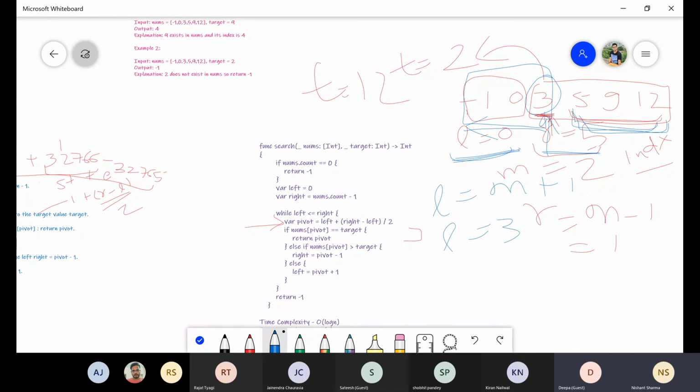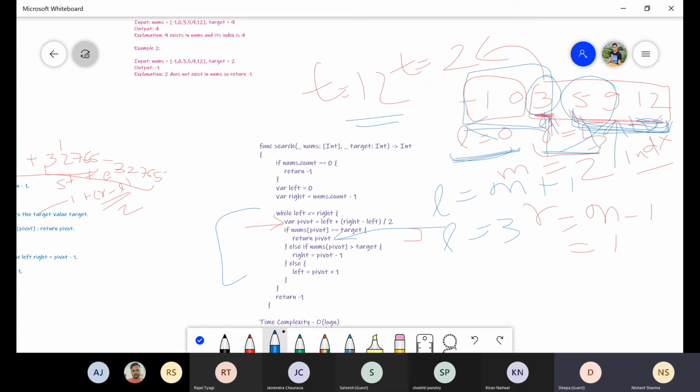So next time when you calculate the mid, it will become 5 plus 3 divided by 2, which is basically 4. So this will be my next mid, 9. I will check whether 9 is equal to 12. No. 9 is smaller than 12. Yes, it means our answer will not be found on the left side of the array. So these two elements will again be ignored. Now the only element remaining is 12. So in the next iteration of this while loop, we will compare 12 with the target value. Whether it is equal? Yes, it is equal. So we found it, and we will return the pivot value. So this is my pivot. Pivot is basically the index of this.